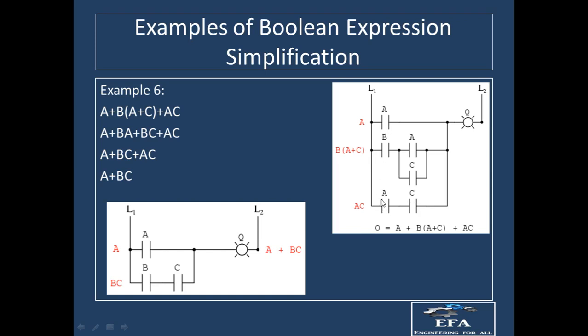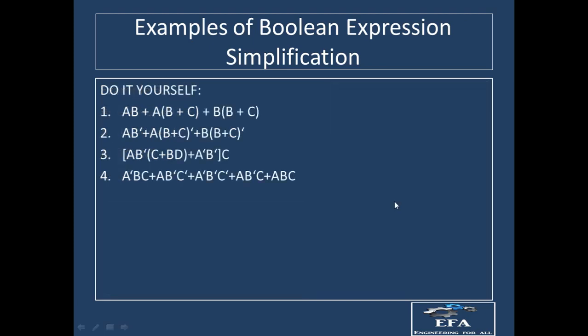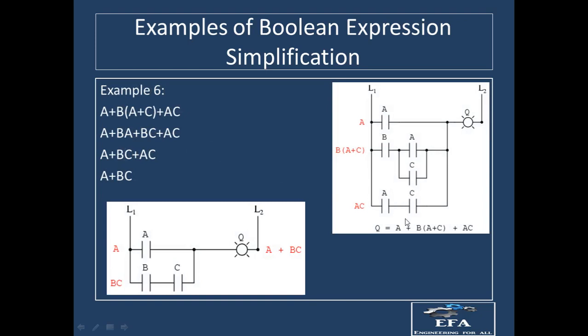When these three are parallel to each other, it means if we give the input at one point, that input has to move to the other point through any of these lines. Suppose we have the first line over here. This line will be in parallel to this one, and this will be in parallel to this one. So whatever we have in these lines, they will have the OR operation between them, because these are parallel.